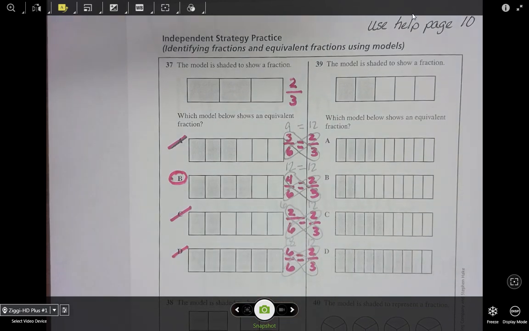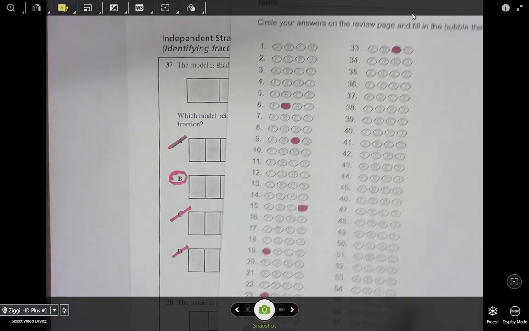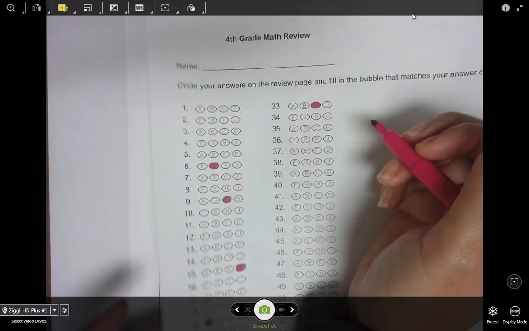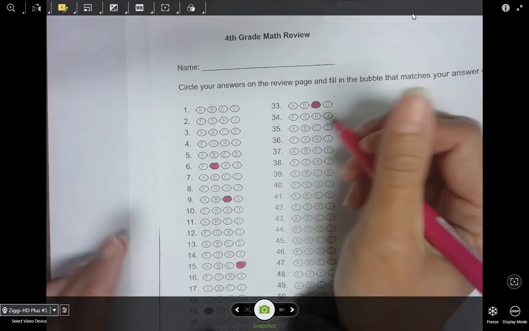So if you are keeping track of these on a piece of paper, you would just put down number 37 and put the answer of B. Or if you were able to print off your own bubble sheet at home, you can go to find where it's at on the bubble sheet. You find number 37, bubble that answer of B in,